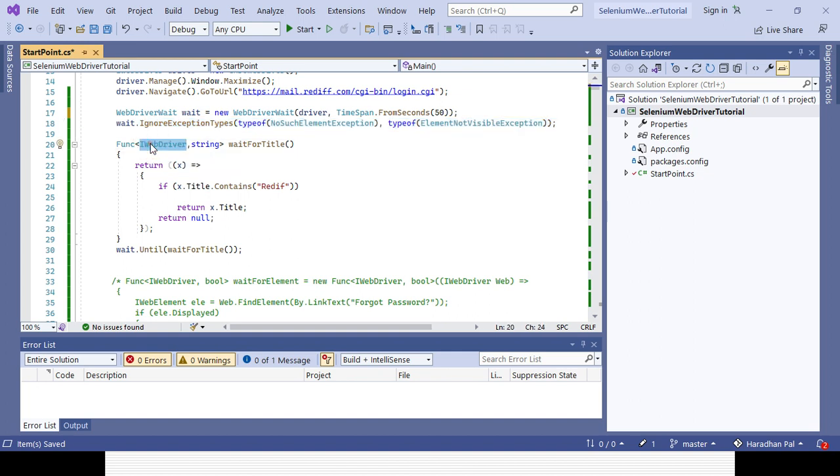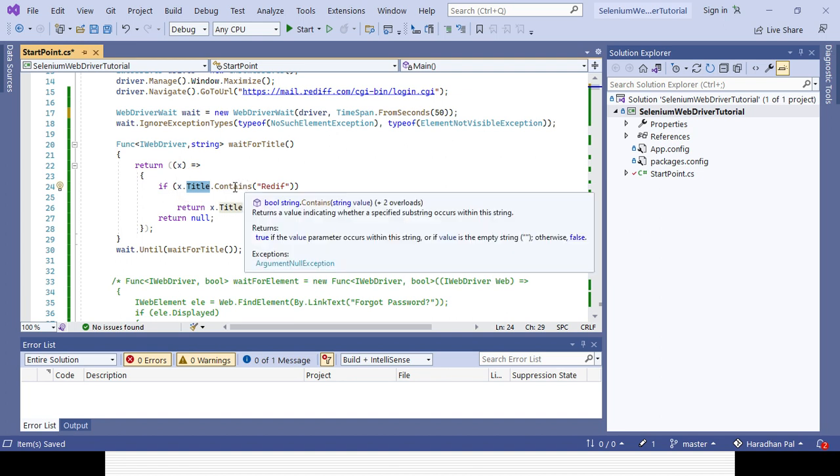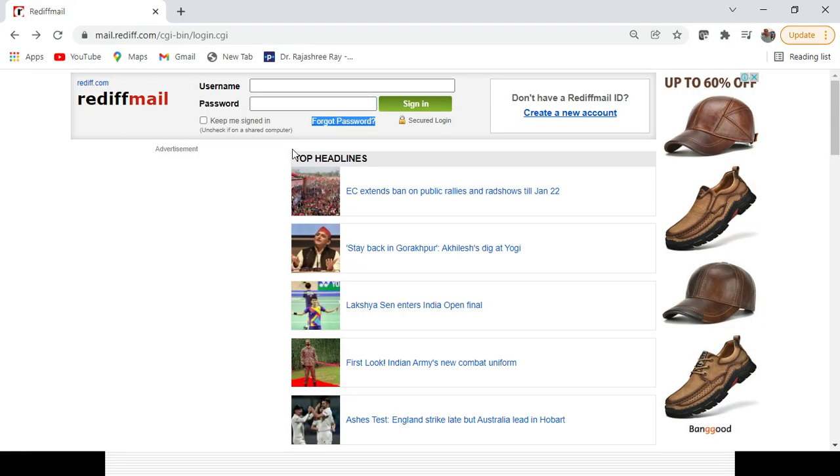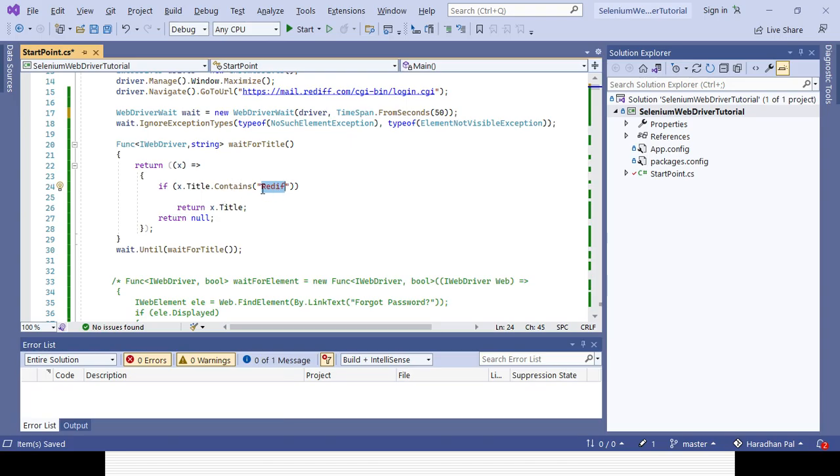So that is another way I am creating methods, right? The method name is wait for title. Here I am declaring that, right? x is a variable, and the return type will be string only. So in case the variable dot title contains Rediff, definitely that is the title. I will be getting it with the help of the title method. In case it matches Rediff, return x dot title, right? That means the WebDriver dot title is returned. That is the variable I have called for the IWebDriver, right? Otherwise it returns null. Now I can call the method